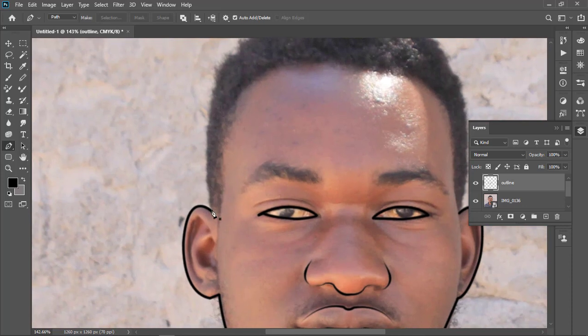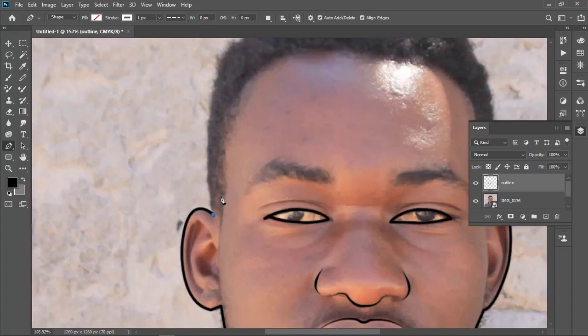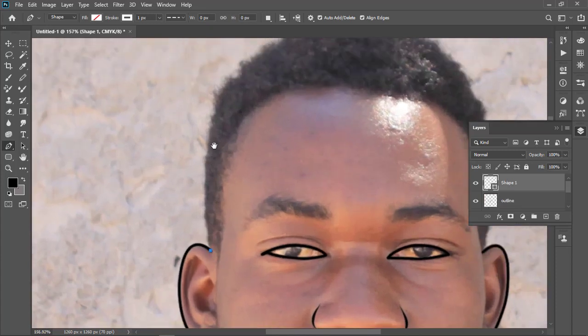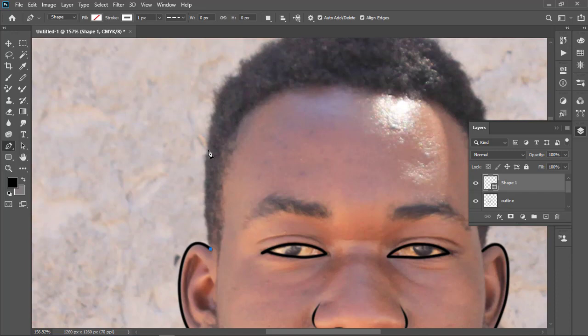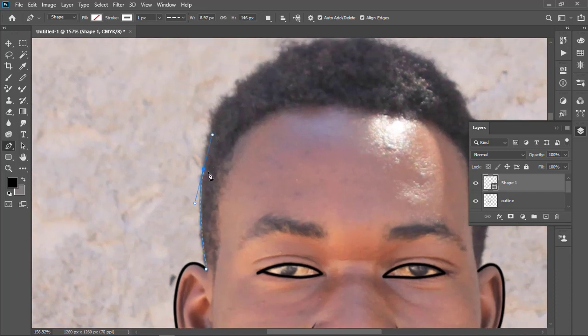The next thing you wanna do now is change here. Since it's on path, now you are going to change it to shape, because here you are coloring the hairs. So you select your hair, now you are selecting on your hair.